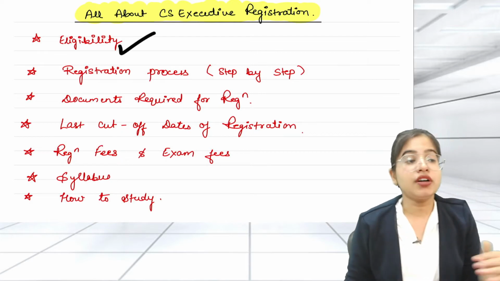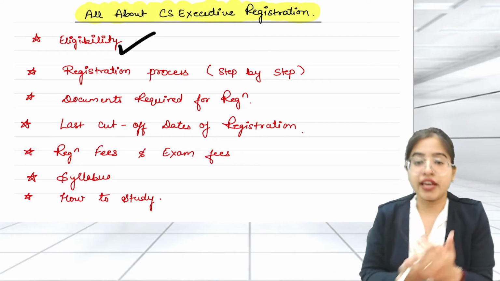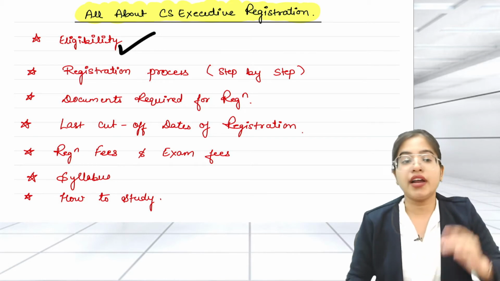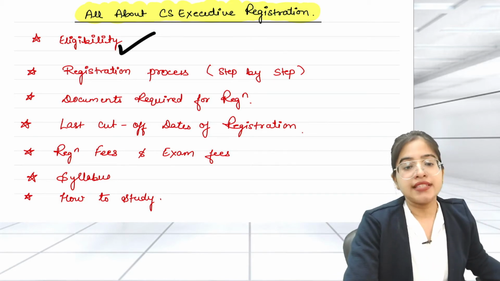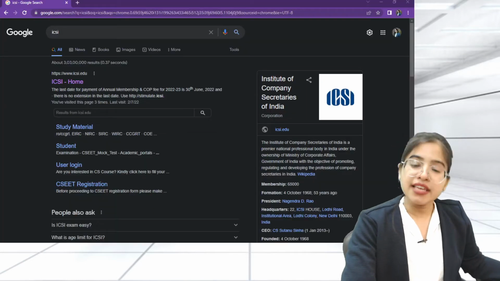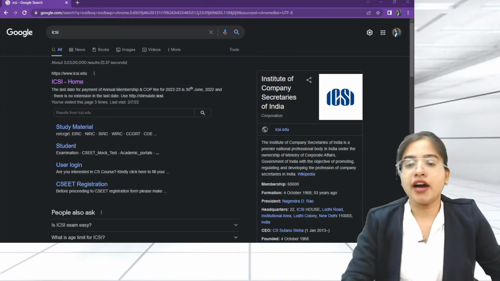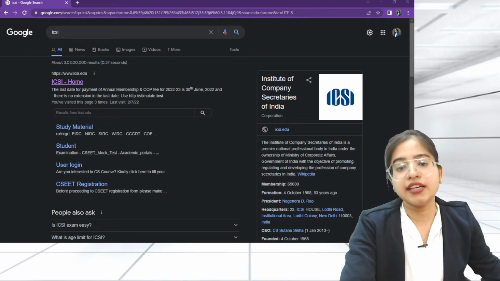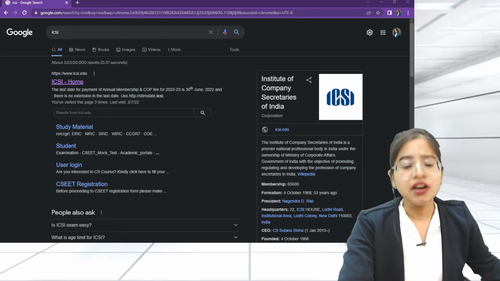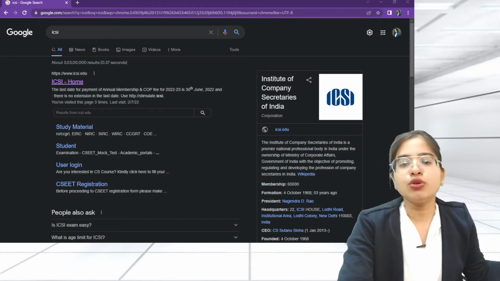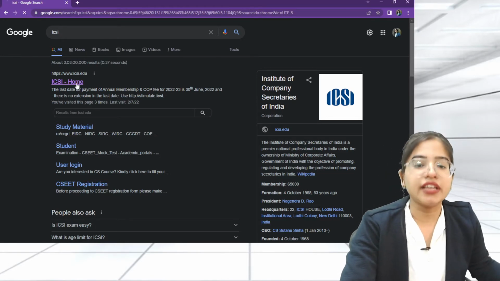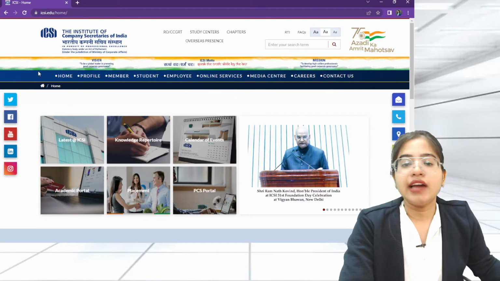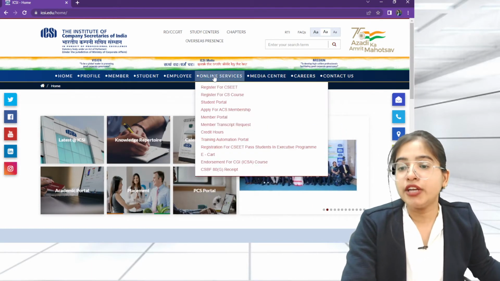Let's understand what is the registration process. And for explaining you the step-by-step registration process along with the documents required, I'll take you to the website of ICSI. So if you will see here in the window, here I have opened the website of ICSI. Here in Google, I have typed ICSI and then clicked on this first link, or you can alternatively go to www.icsi.edu. So here the website of ICSI is open,